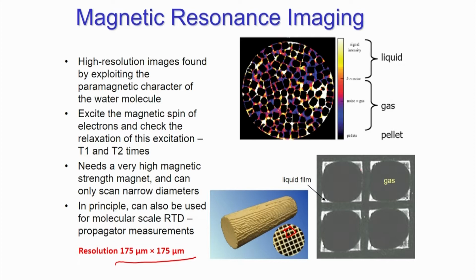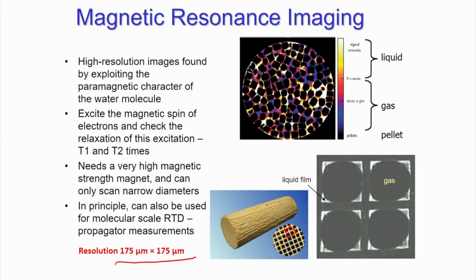So, you can see that the whole monolithic channel is actually filled with gas for this condition, and liquid is flowing as a small thin film around the gas bubble, and only at the corner it is not being covered properly. So, you can have this kind of detailed analysis which no other technique can do,